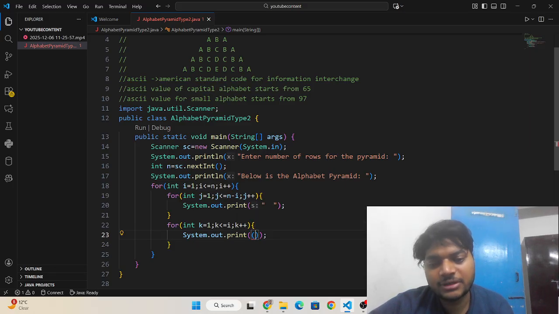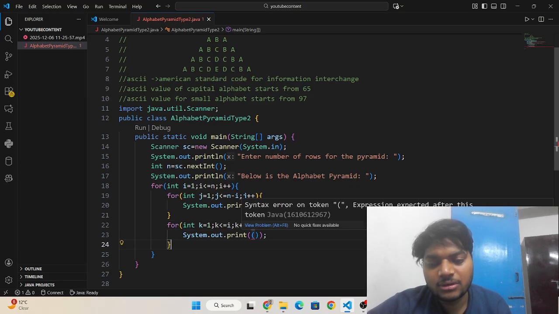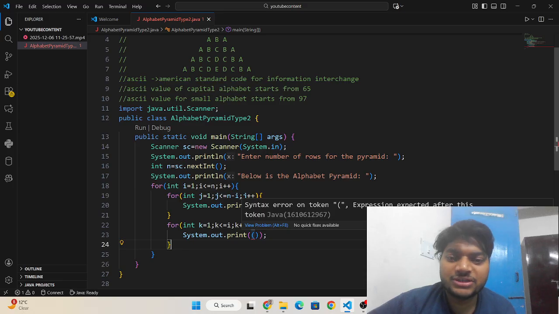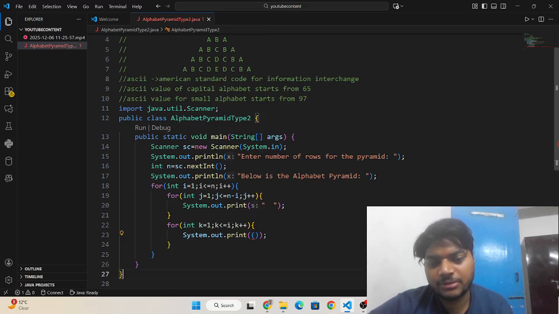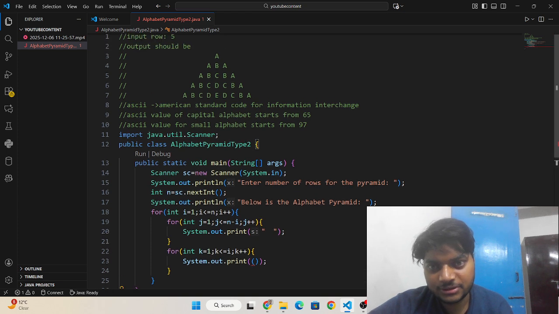After repeating loops, it will print A, then B, because we are increasing this variable k by 1, so it will become 65, and then 66, and it will print this pyramid.